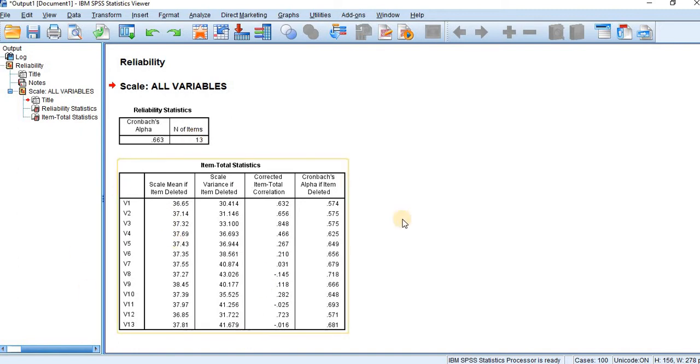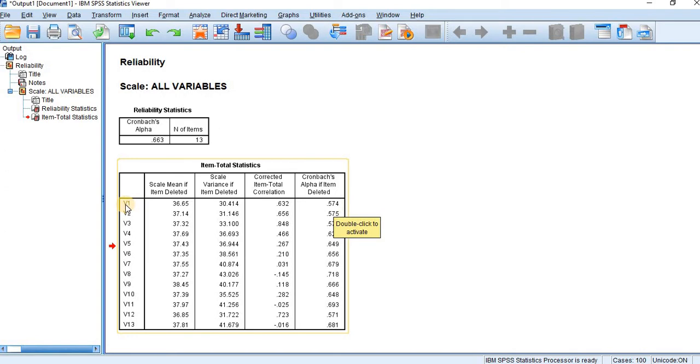I have some information about the variables: mean score, corrected item correlation, and Cronbach alpha if the item is deleted. In the last column, I am coming down to every variable's Cronbach alpha.